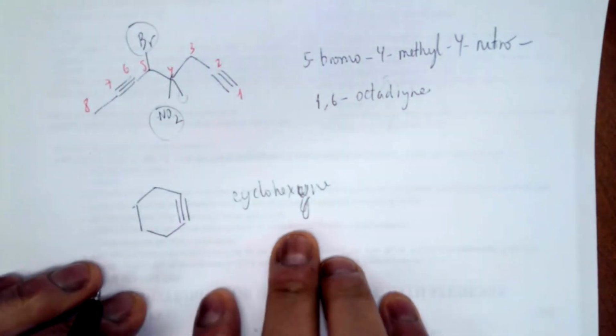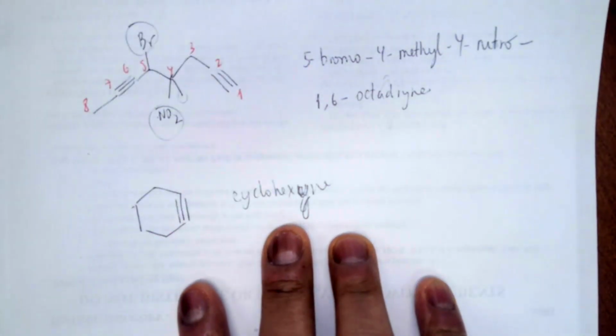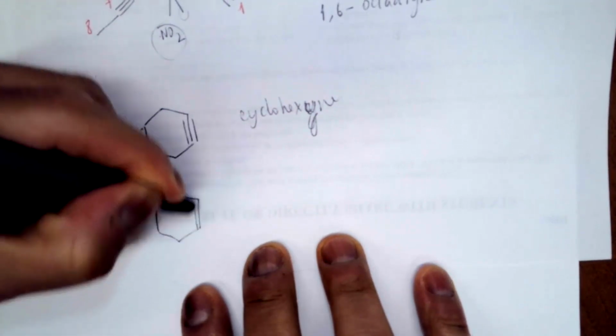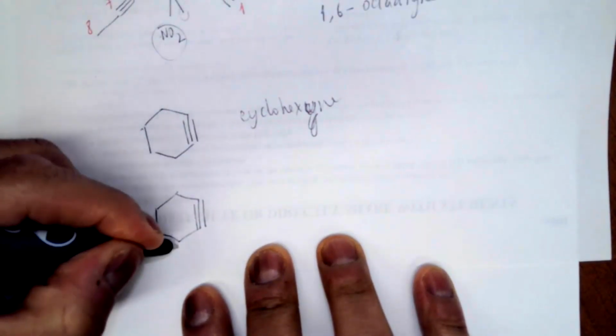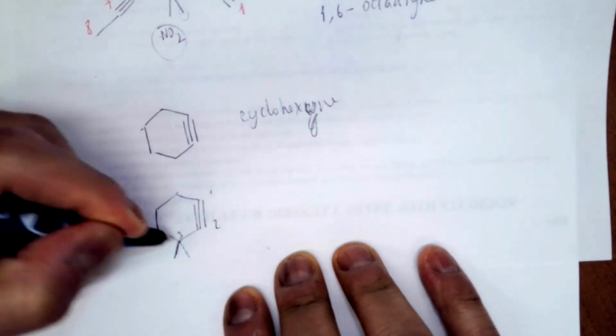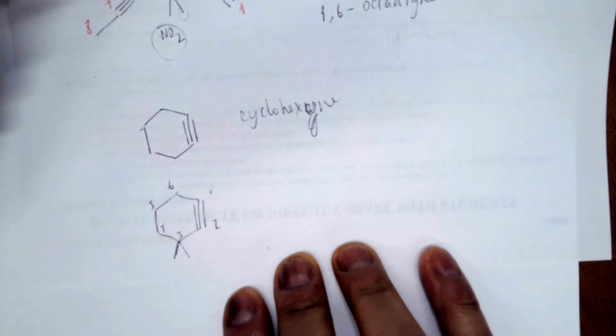Sorry, my bad. Hexane. In this case, I don't need to say 1-cyclohexane. What if I have the same but with substituents? Okay, the alkyne gets priority, of course. So 1, 2, 3, 4, 5, 6. Right? So then I would call it